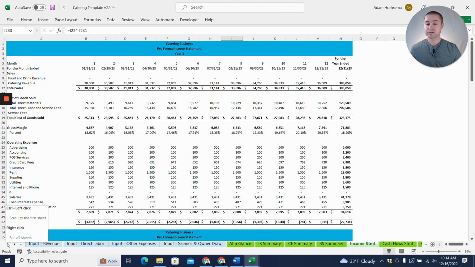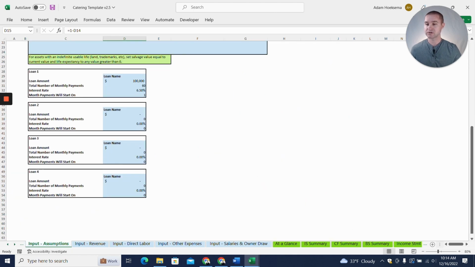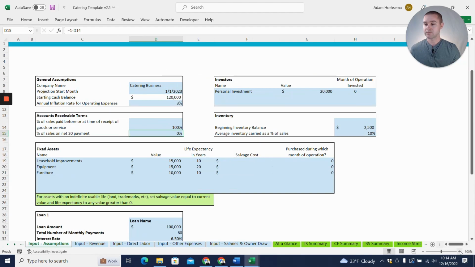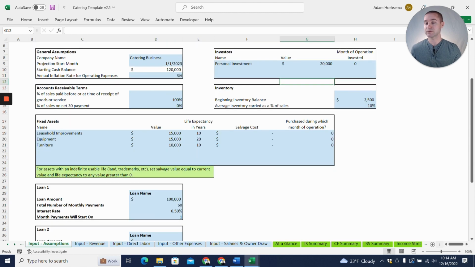All right, so in order to produce all these reports, though, we have a little bit of work to do in terms of entering in our assumptions. So I'm going to start in the Input Assumptions tab here, and we've got a catering business that we're starting. We're saying we're going to put in a personal investment of $20,000 here. One thing to note is that every cell that's highlighted in light blue throughout the model is an assumption that you can change. So we put in an assumption of a $20,000 personal investment to help get the business